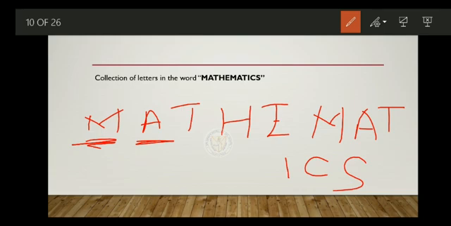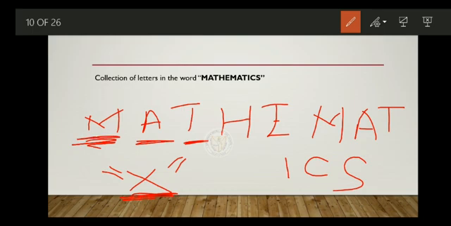T. So each letter here is an element in the collection of the word mathematics, right? If you take X, the letter X is not there in the collection. So we can decide whether the given object is in our collection or not.